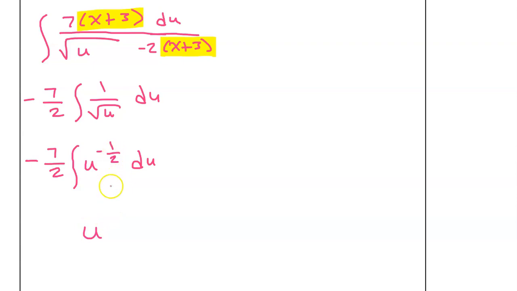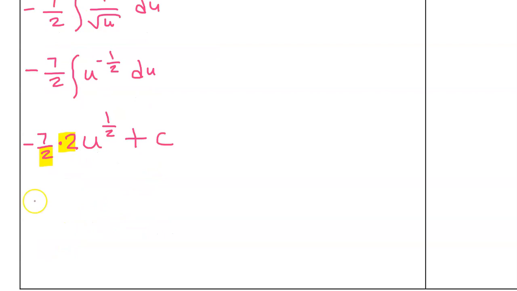Adding 1 to this exponent gives us positive 1/2. Then we divide by the new power. Dividing by 1/2 is the same as multiplying by 2. Constant of integration. And we still have the negative 7 over 2 in the front. So we multiply by negative 7 over 2. We notice that the 2 in the denominator will cancel out this 2. So we end up with negative 7 u to the 1/2 power